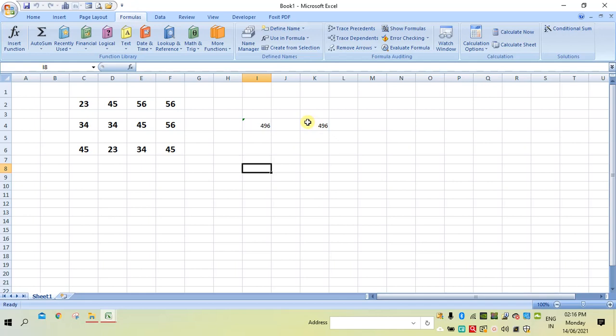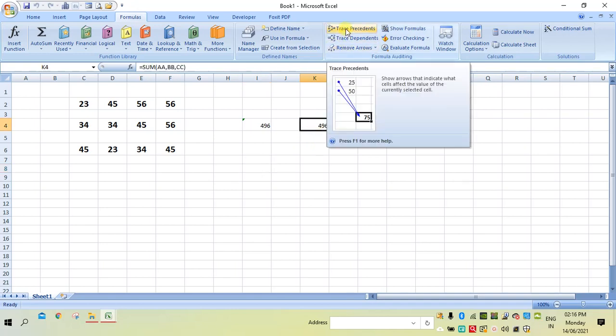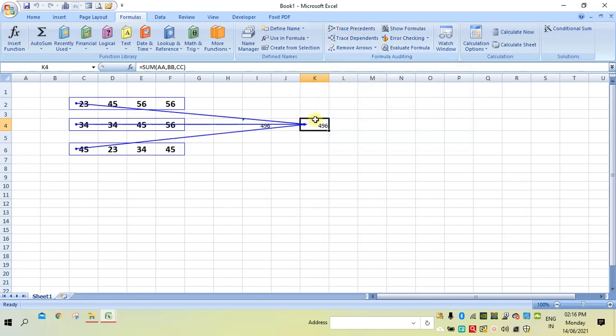So check this cell, how and from where, which cells it is affected by. Select this cell and then click on Trace Precedents. This is affected because of these individual rows.